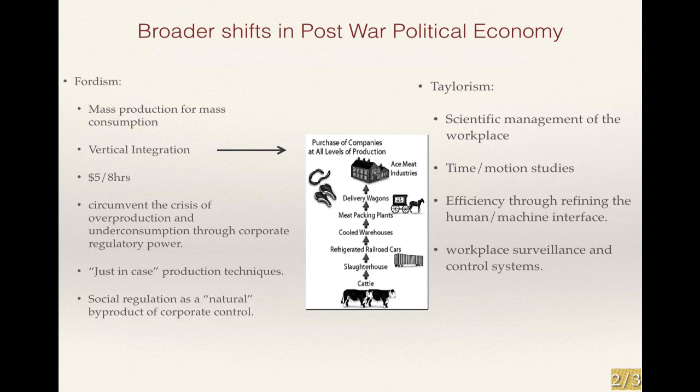Hand in hand with this, you also see the emergence of workplace surveillance and control systems to make sure that workers are actually moving in this new, very efficient way, and to correct them when they, in a sense, go off the plan a little bit and start doing things they ought not be doing. Well, Fordism and Taylorism become, in a sense, the template for how big business makes money in the post-World War II era, in the US and in many developed and developing countries around the world.